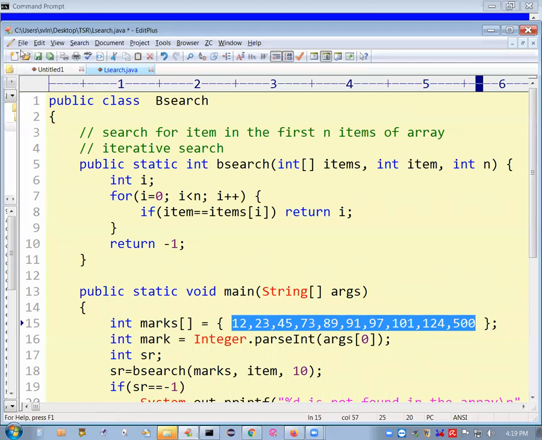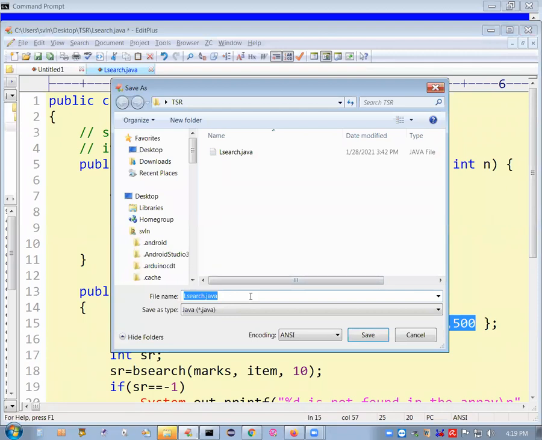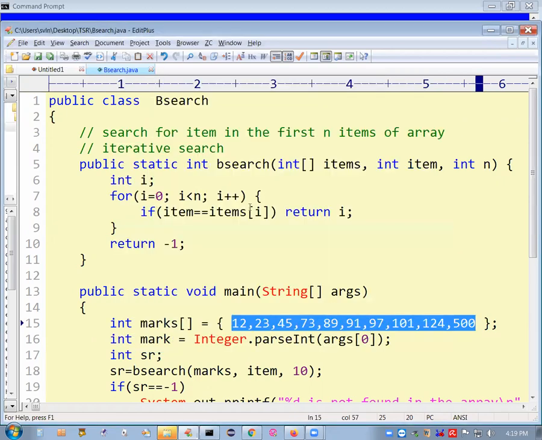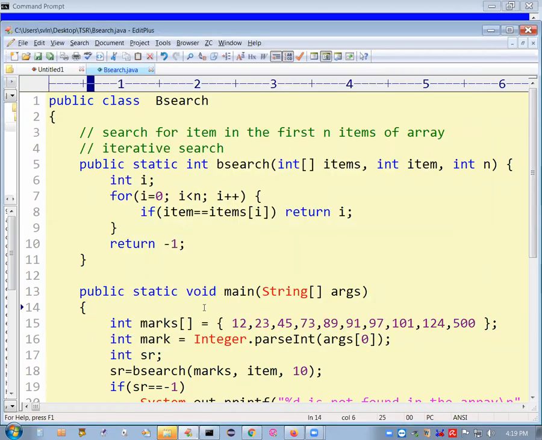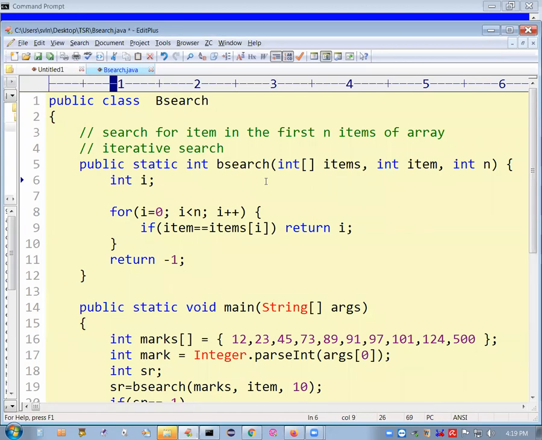So here, first of all, let me save this, save as, and then save it into bsearch.java. So that is done. Now this main logic and all that is the same. Only here, this is the actual method. Now we have to convert whatever we have written there. So what variables do you require now? Mid variable you require. Similarly, lower bound variable you require, upper bound variable you require.